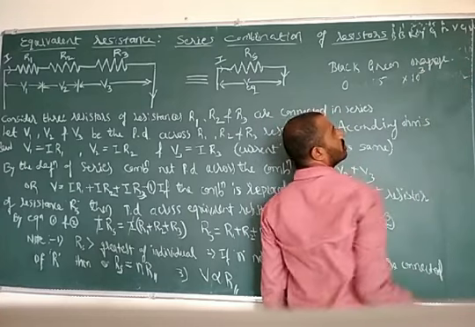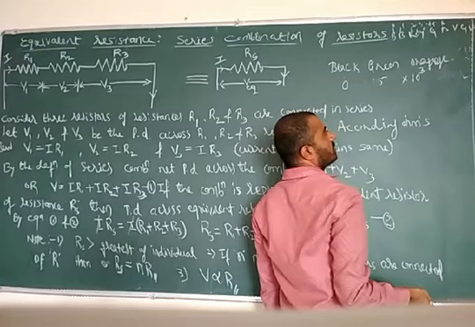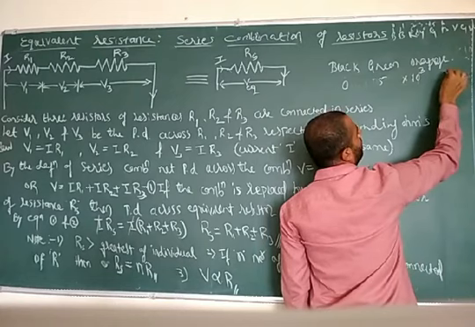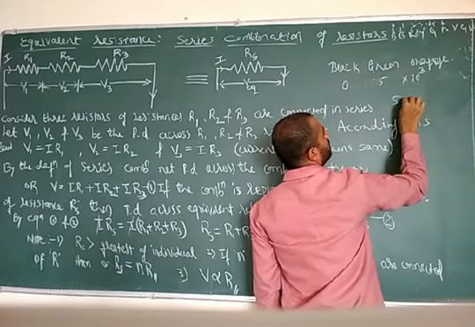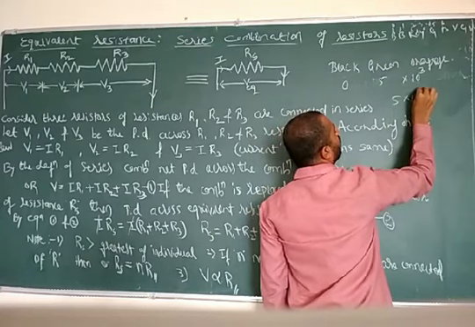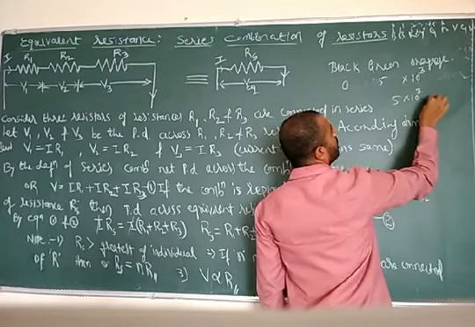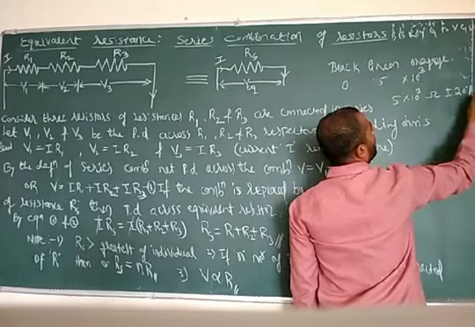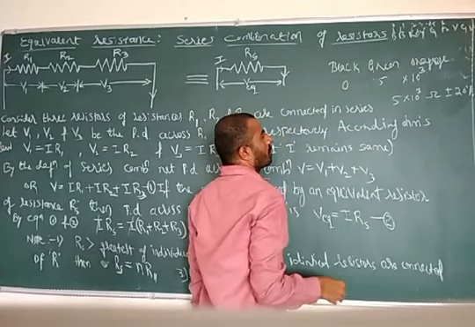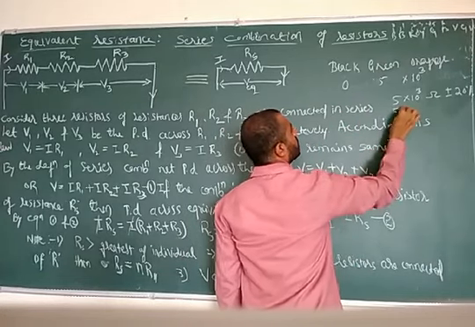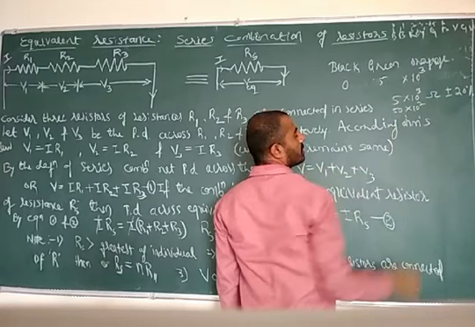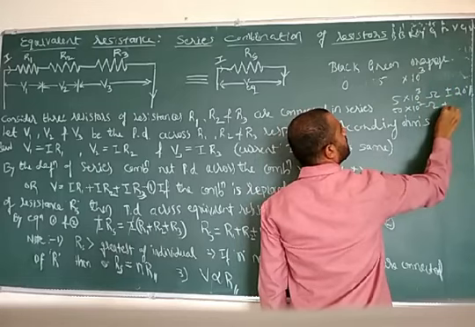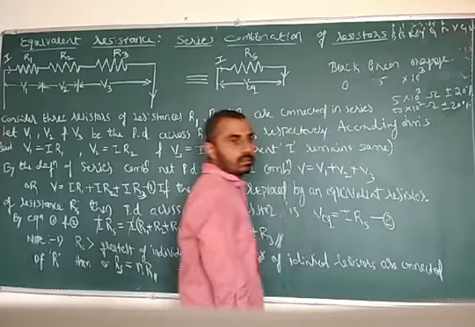No color is there. Only 3 colors are there. The fourth band is absent. It means its tolerance will be 20%. It can be written like this: 5 kilo, 5 into 10 to the power of 3 ohm with the tolerance plus or minus 20%. Or simply it can be written as 50 into 10 to the power of 2 ohm, or 5 kilo ohm plus or minus 20%.